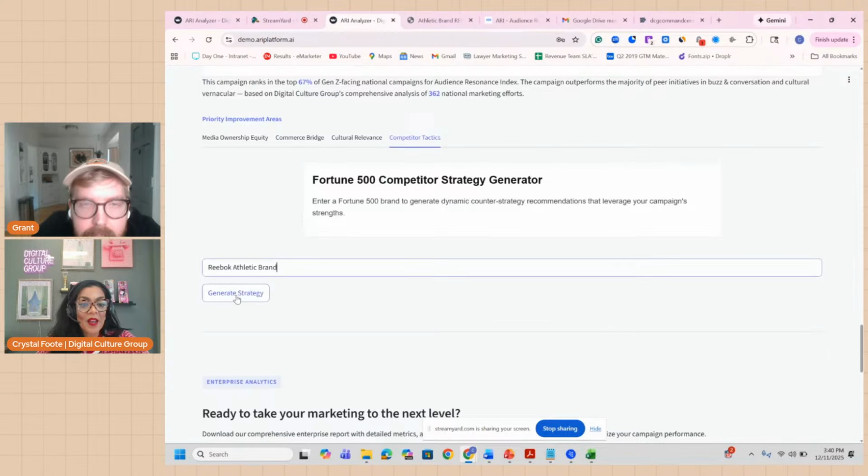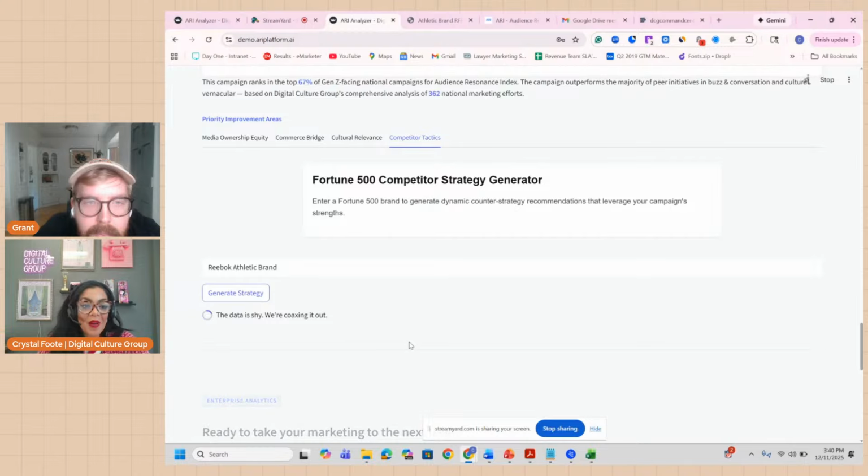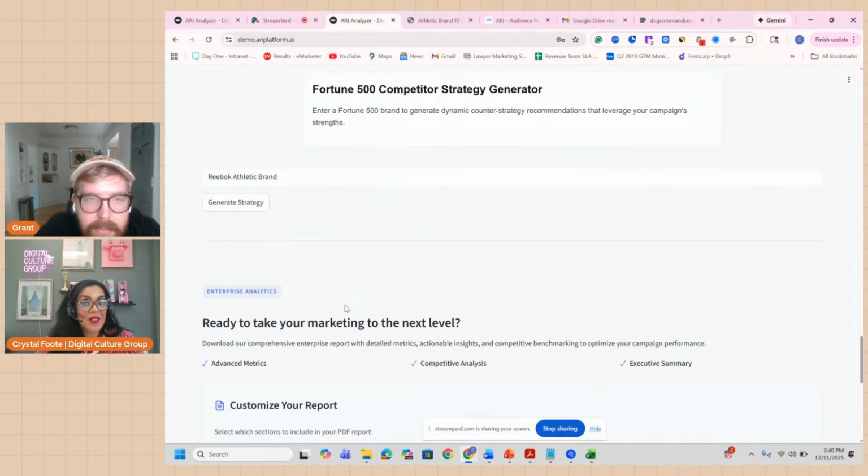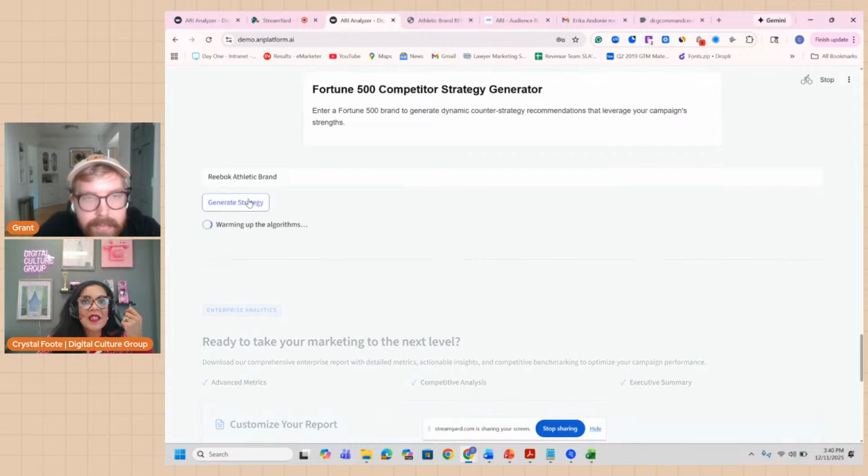and we can put in, let's say, a competitor brand like Reebok, an athletic brand, and we can see what Reebok is doing from a digital advertising standpoint so we can conquest those audiences. And some of these solutions we have in-house at Digital Culture Group, and some we don't. But it's great to see how we can say, okay, let's create a strategy because we understand based on Ari's outputs what